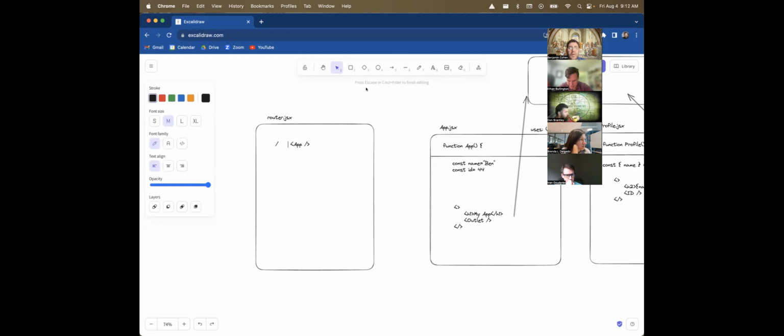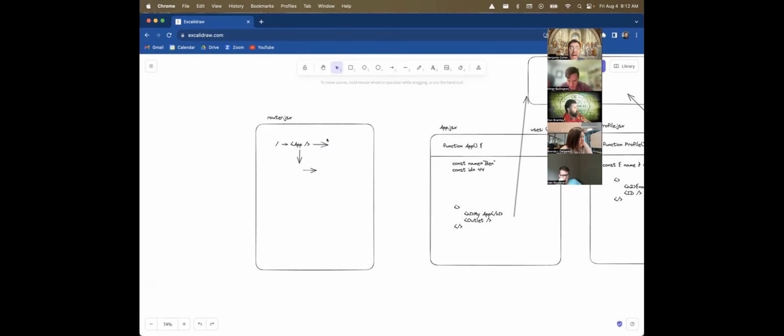So I guess we have good arrows here. So slash is associated with app, but app itself has children. So we're doing this where slash equals... slash always does app, but if it's exactly slash, so I'll say index. So when it's index true and it's exactly slash, then we're going to replace outlet with a child, and that child is going to be